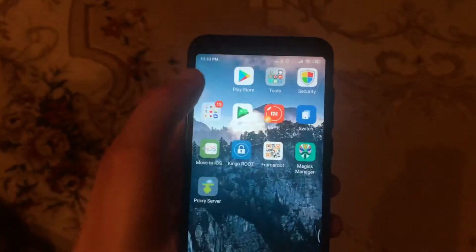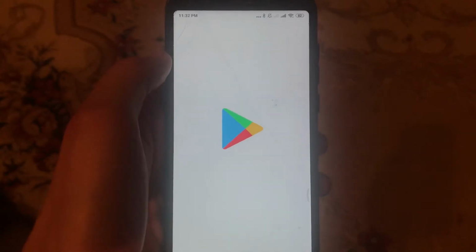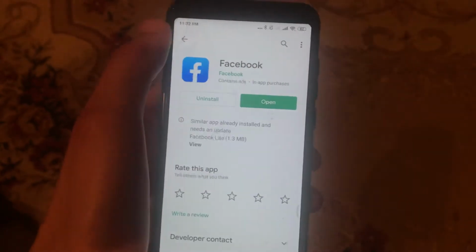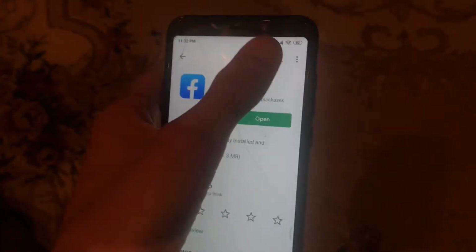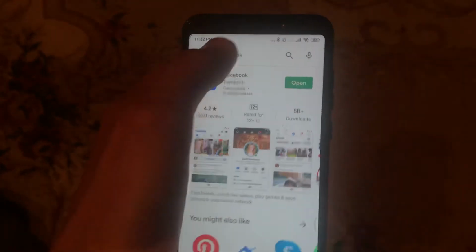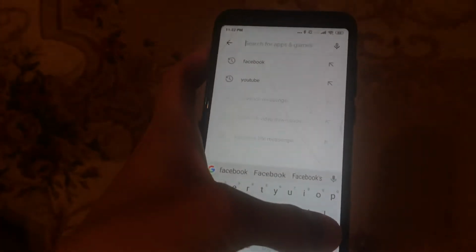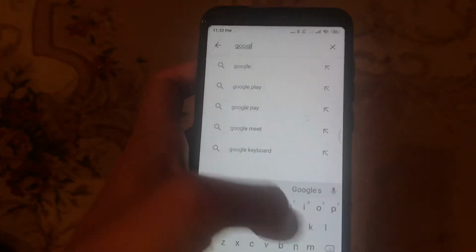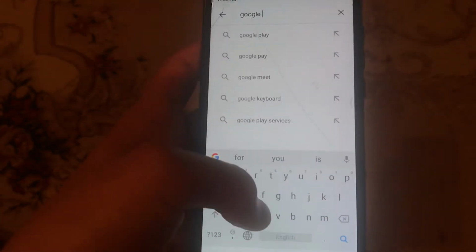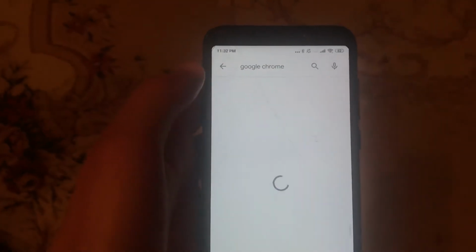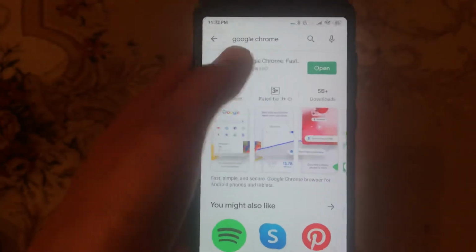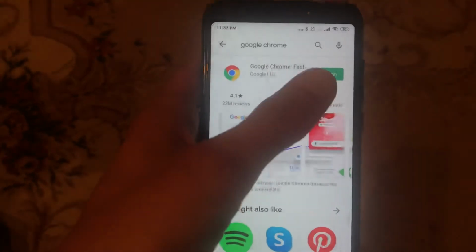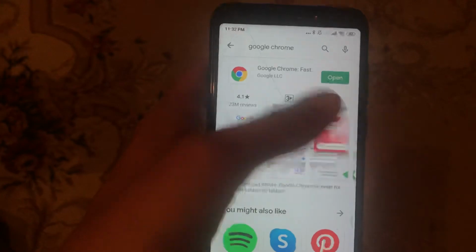For doing this you just need to open Play Store, and in Play Store you just need to go to the search tab. So just go back, go to the search tab and write here Google Chrome. So here you can see that I successfully installed it on my phone, because on Android devices mostly it's